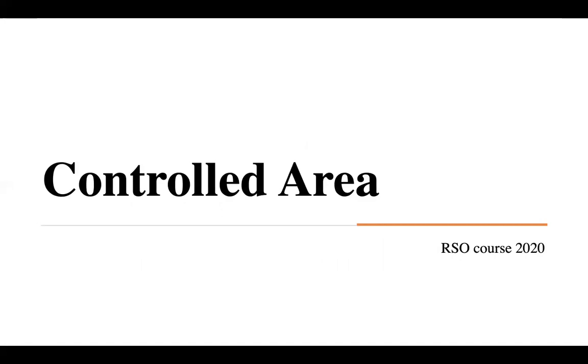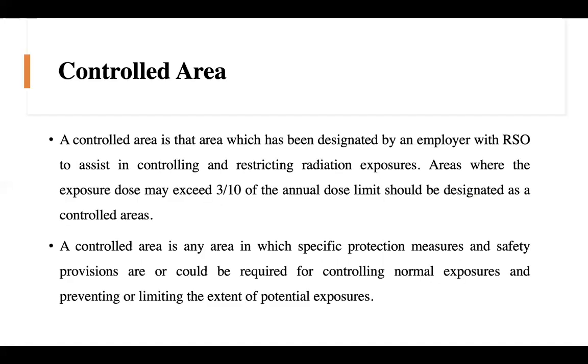Well, let's start with a controlled area. A controlled area, as a definition, is the area which has been designated by the employer with the RSO to assist in controlling and restricting radiation exposure, and where exposure might exceed 3/10 of the annual dose, which is 20 millisieverts. A controlled area is any area in which specific protection measures and safety provisions are or could be required